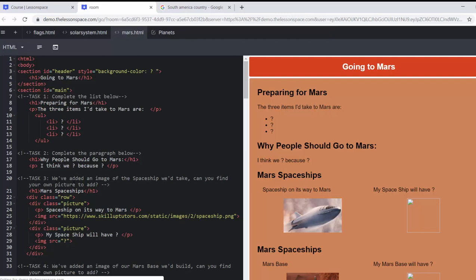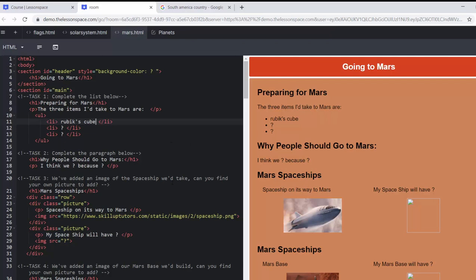And then finally, as always, we've got this last bit where the students can be a little bit creative. So we are preparing for Mars. 3 items we could take to Mars are, so what are things that you might not be able to go without? So maybe you might get bored and you want a Rubik's Cube. Let the learners get creative here. They can take whatever they want. Some of them might want to take their dog. So it's just a fun thing for them to push themselves a little bit further, and nice to do some